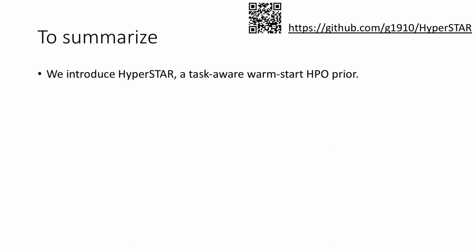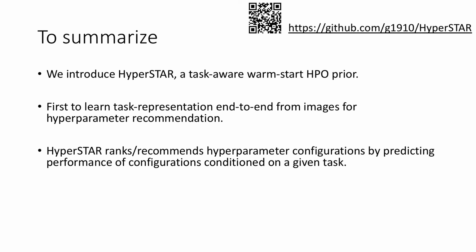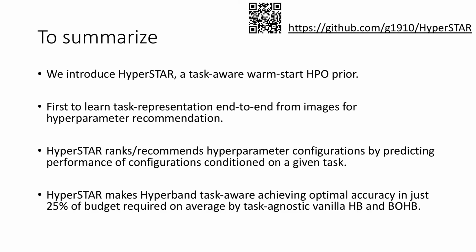To summarize, we introduced Hyperstar, a task-aware warm start HPO prior. Hyperstar is the first to learn task representations end-to-end from raw images for hyperparameter recommendation. Hyperstar ranks and recommends hyperparameter configurations by predicting performance of configurations conditioned on a given task. Hyperstar makes Hyperband task-aware, achieving optimal accuracy in just 25% of budget required on average by task-agnostic vanilla Hyperband and